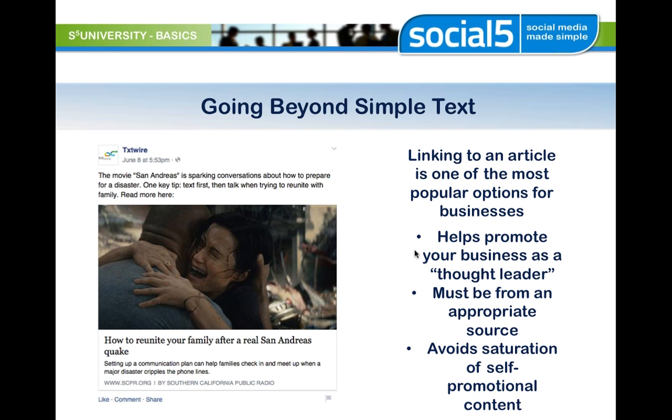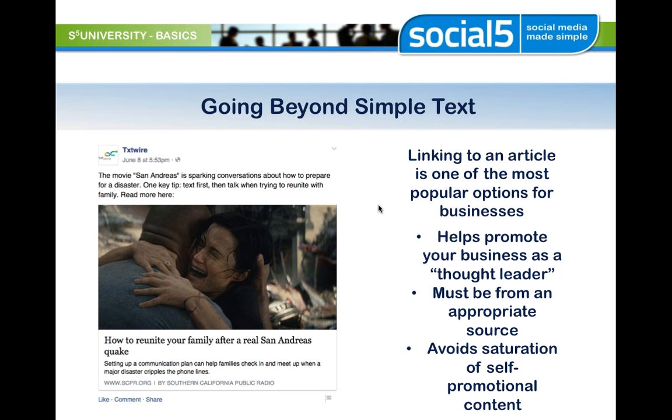It's really tempting, as you're doing your own social media and trying to market on social media, to make it all about you and all about the sale. By linking to an outside source, it's not about you. It's that third party reinforcing the same idea in the same sphere, but without a sell-buy mentality. That's why one of the strategies we use a lot is articles, and why articles are so popular for businesses in particular.